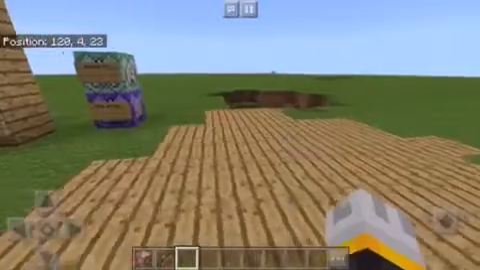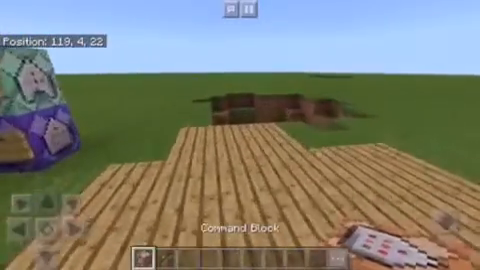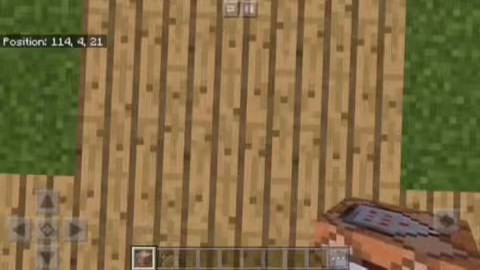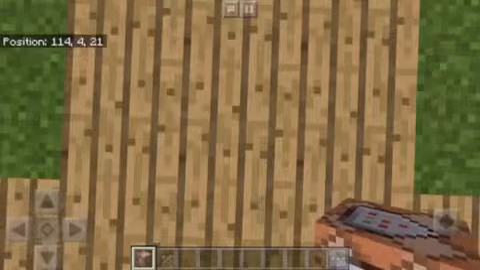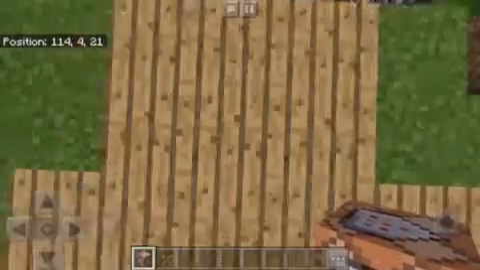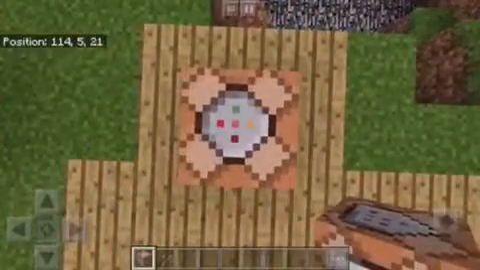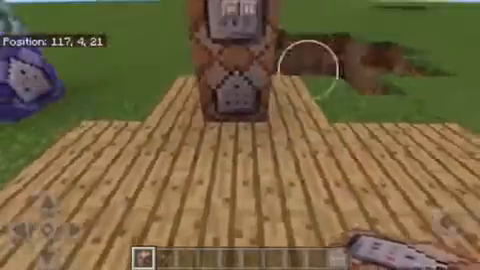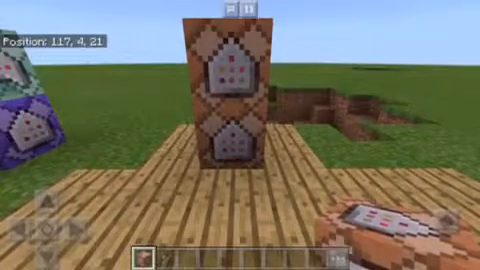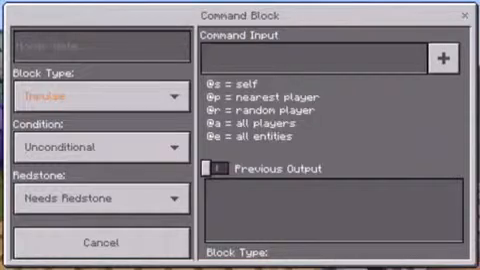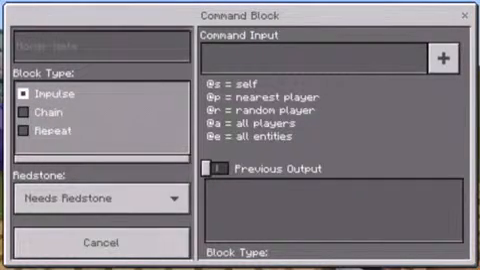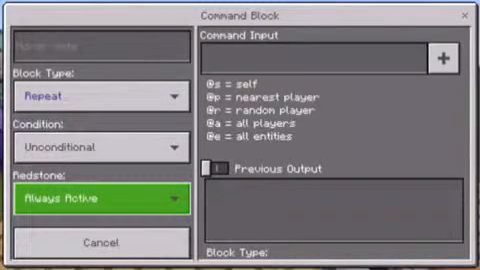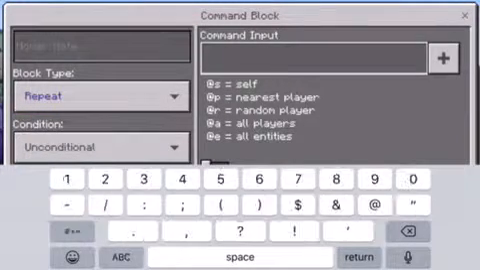Now, to make this, you'll need to place down anywhere whilst holding shift, and place one of these and place another one on top while facing downwards at it. Then for the first one, you would want to set it to repeat, unconditional, always active, and then type in the following command: